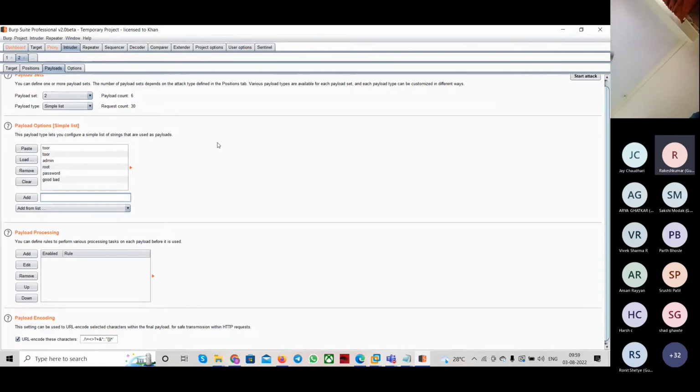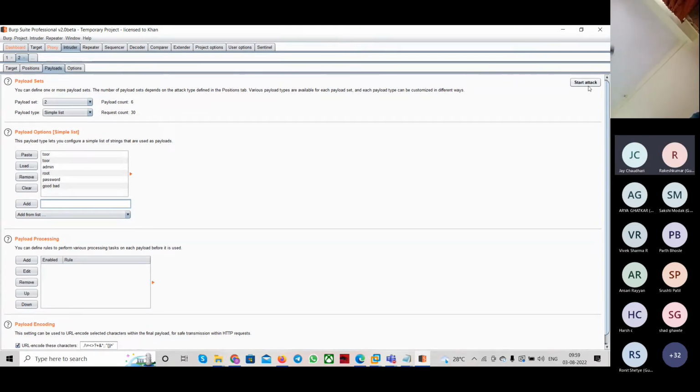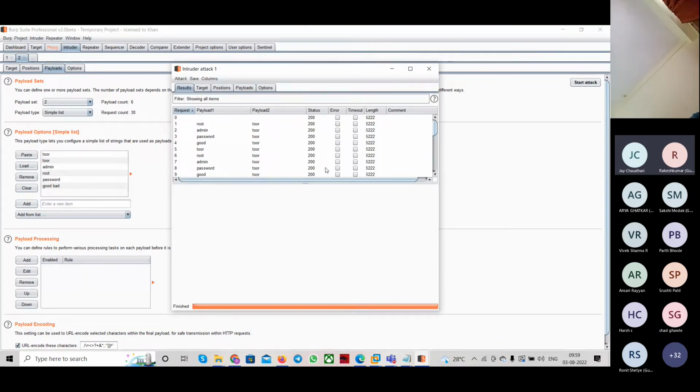ओके, so what you have to do, just you have to, here you can see that is start attack option, you have to click on that start attack, यहाँ पे आपको उसका दिखेगा। सो ये क्या कर रहा है गाइस, देखो यहाँ पे रूट को कंसीडर करके टूर ऑप्शन उसके सामने एज अ पासवर्ड रखेगा, फिर उसके बाद एडमिन को उसके सामने पासवर्ड रखेगा, एक एक को पासवर्ड बना के देखेगा। फिनिश भी हो गया।